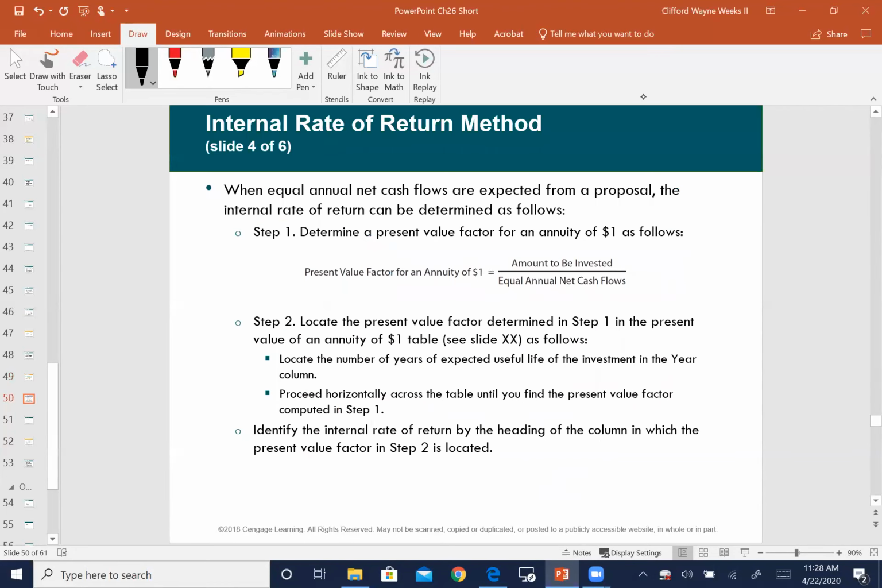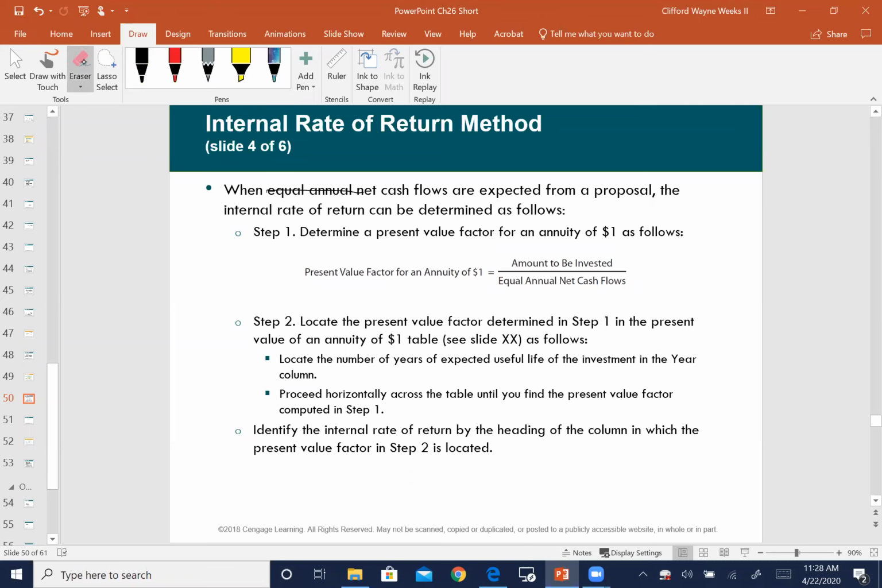And so, yeah, this trial and error method, it's very difficult. All right. Another alternative way happens only when you have an annuity. And again, if you remember, an annuity is the equal annual